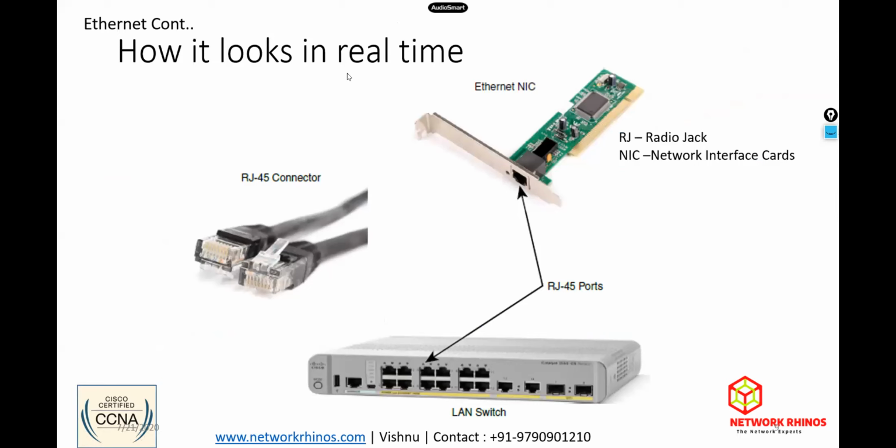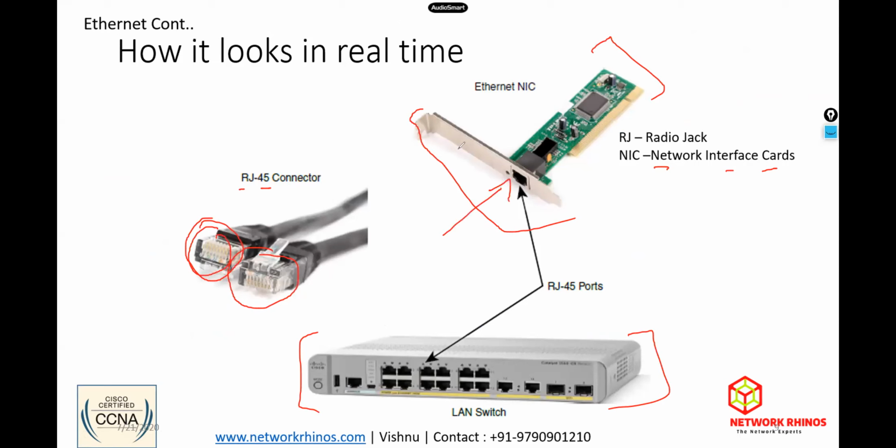Now let's see how they look like in real time. The RJ45 is the name of the connectors we're going to use. This is called a network interface card. This is called a LAN switch. RJ means registered jack, 45 is nothing but a model number. It doesn't mean anything. NIC expands to network interface card. So the RJ45 cable goes inside this network interface card. NIC cards will be there in the switches, and also in the routers or hubs, even on